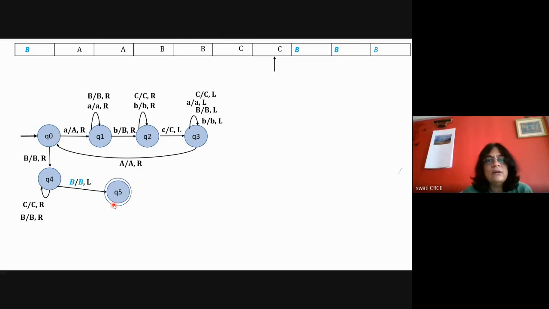accepting the string. But if the machine is remaining in any one of the states, in Q4, if it is getting a small b, that means the number of b's are more than the number of a's, and there is no transition for small b here. So then the machine will go into the hang state and it will halt by rejecting the string. Okay, so for this particular A raised to n, B raised to n, C raised to n, this will